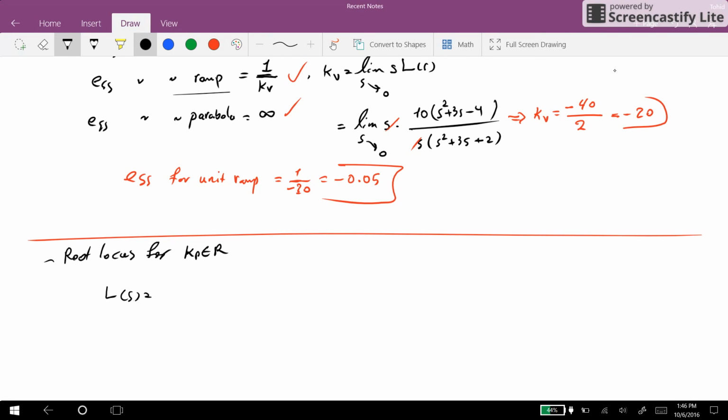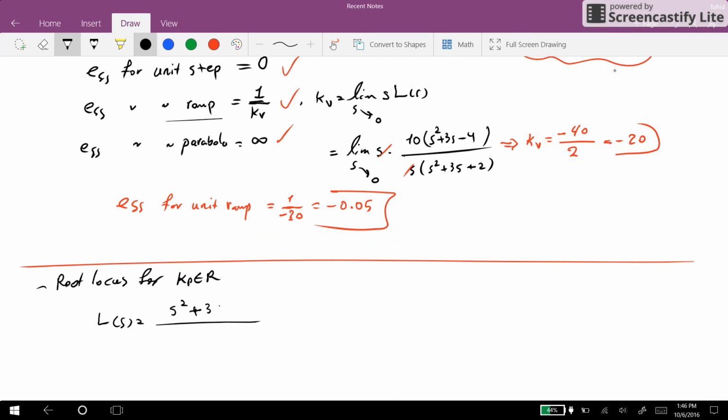We have L of s equal to, keeping Kp equal to 1, (s squared plus 3s minus 4) over s times (s squared plus 3s plus 2),